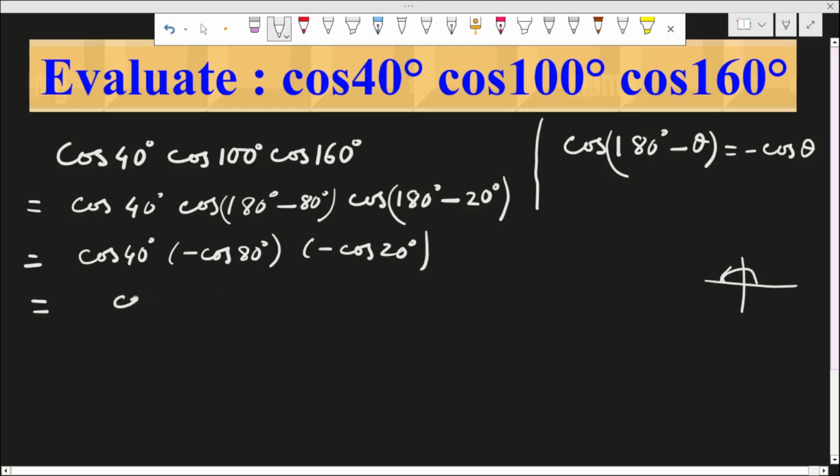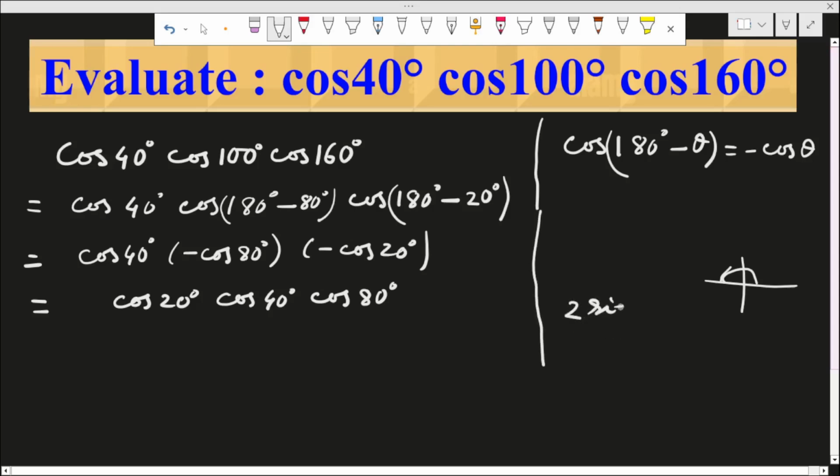So first writing cos of 20 degree, then cos of 40 degree, then cos of 80 degree. See, here is one important thing: 20 degree, 40 degree, 80 degree. These three angles are in GP. That means if we multiply 20 by 2, we will get 40 degree. If we multiply 40 degree by 2, we will get 80 degree. So memorize a formula in multiple angles.